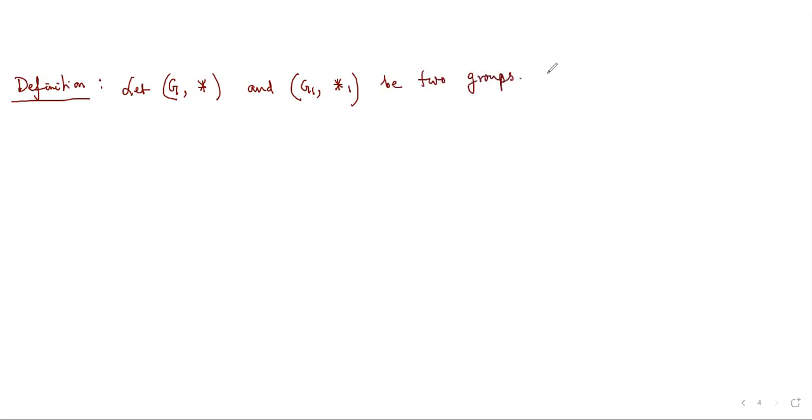Suppose f is a function from one group into another group. We have dealt with functions earlier. We have tried to design a function from a set to another set. At this time, I am not designing a function from a set to a set. I'm designing a function from a group to a group. This sort of function,